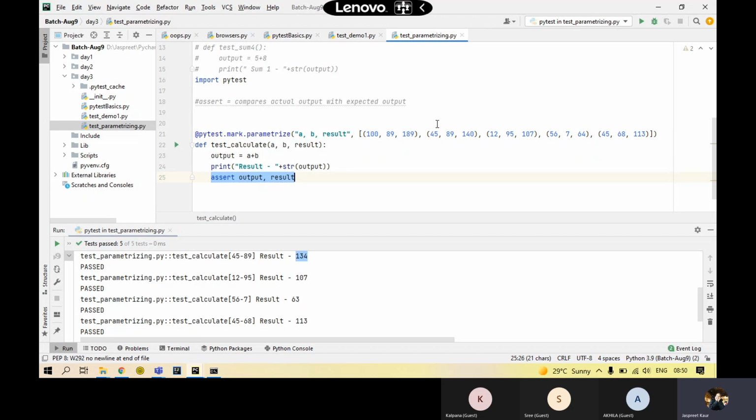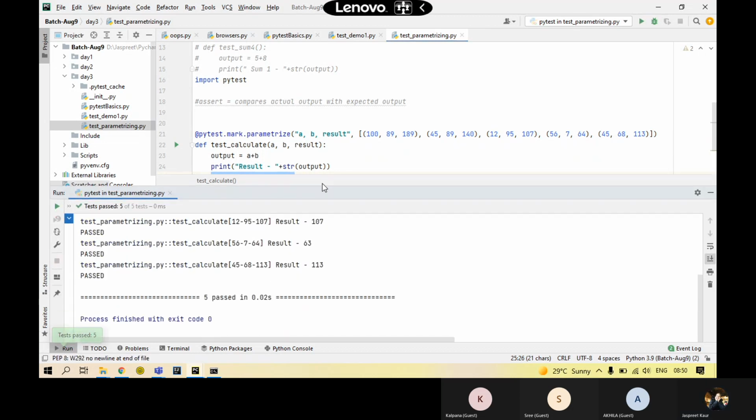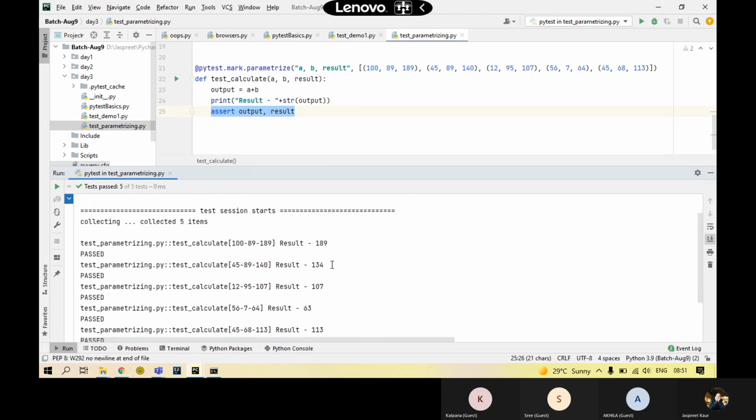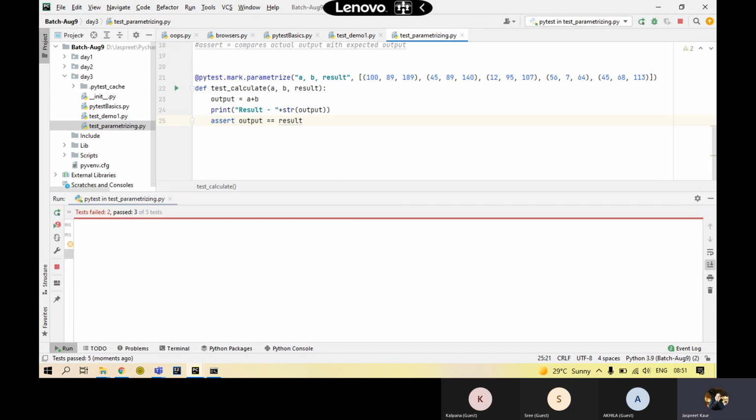Just see this. I'll save this and I'll rerun this. Okay, it is not failing, maybe something is wrong. Assert. Equals to not, double equals to.